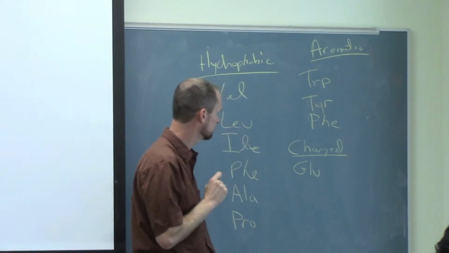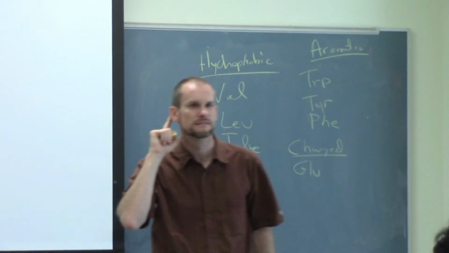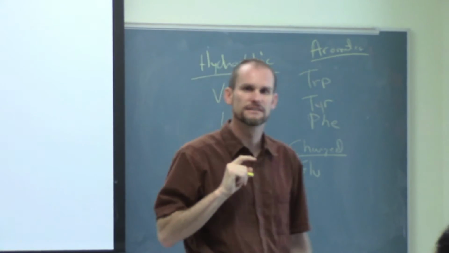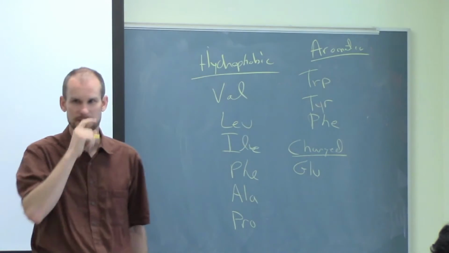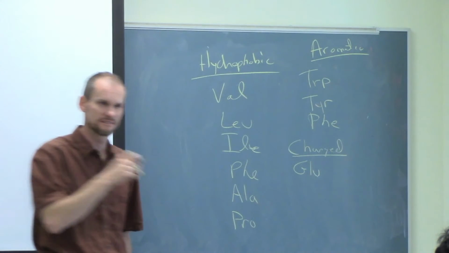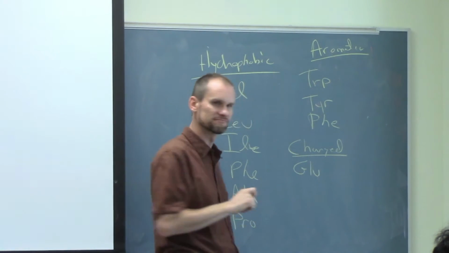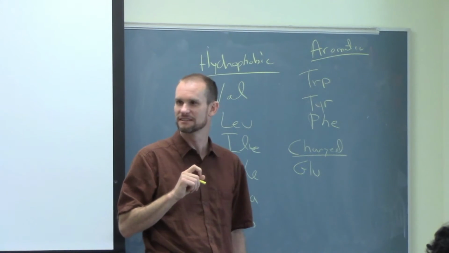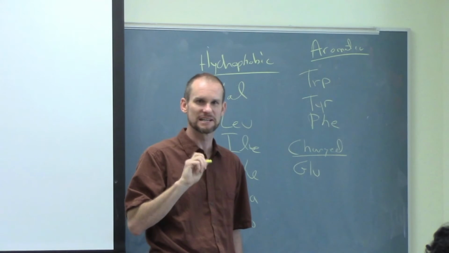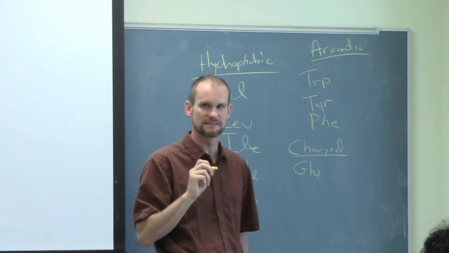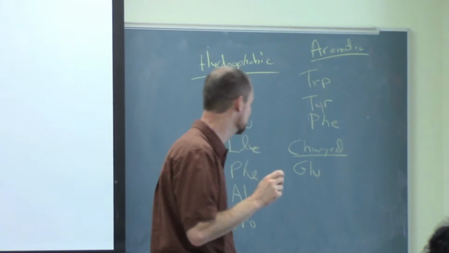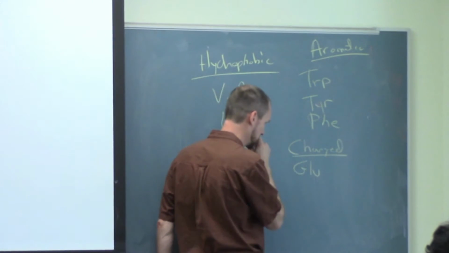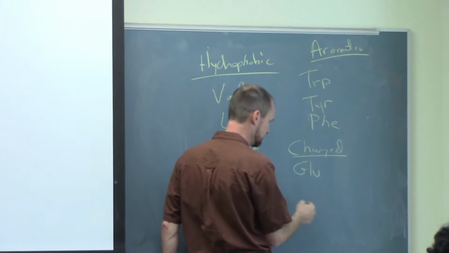Glutamine, serine? Not serine. But you could make serine charged. How? You can change the pH. Maybe with a kinase, we could phosphorylate serine, and that would make a lot of charge on your serine. So phosphoserine for sure. Glutamine, aspartic acid,